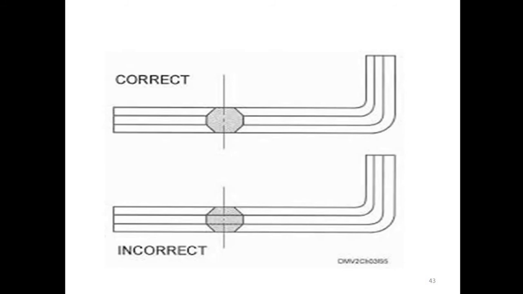The difference between these two images is that the first is a correct image and the second one is an incorrect image. In the second image, in that revolved section, lines are shown, which is an incorrect method. But in the first drawing, in the revolved section, the lines are not shown, which is the correct method.